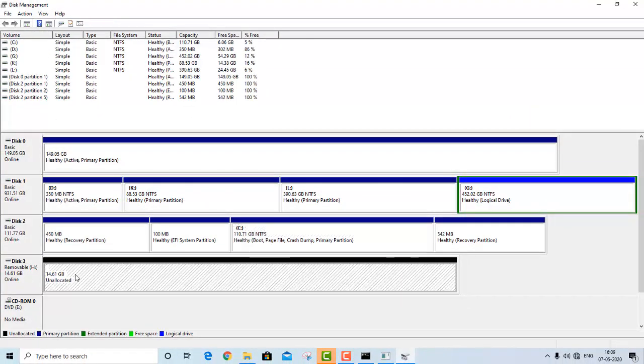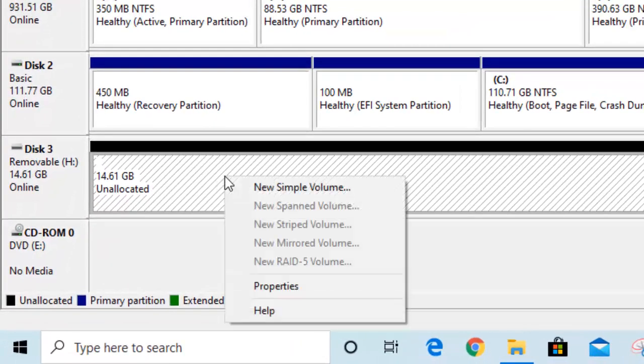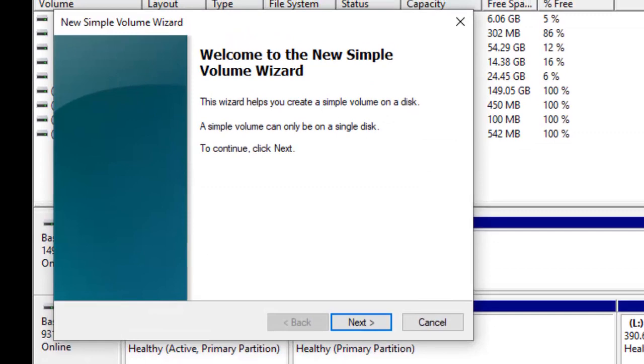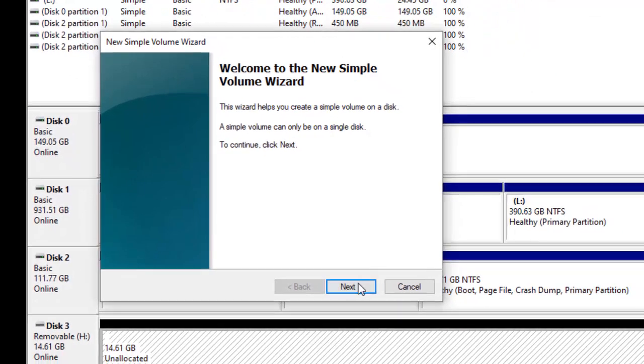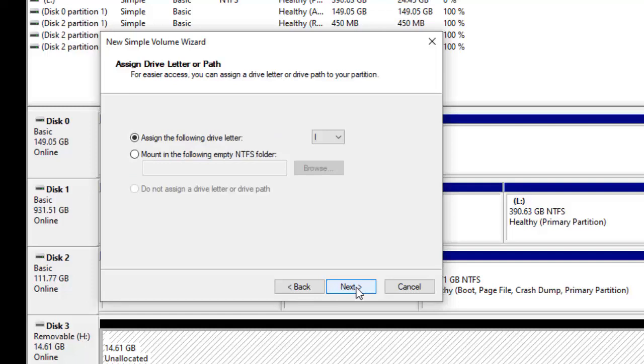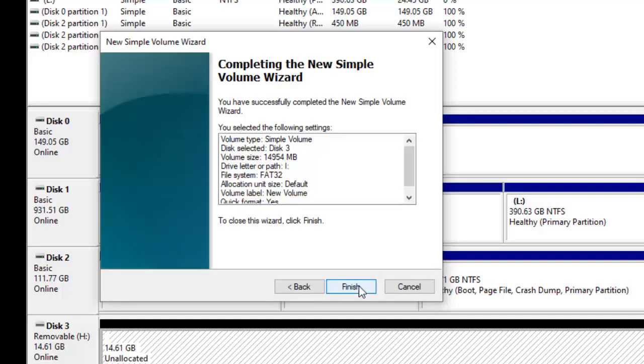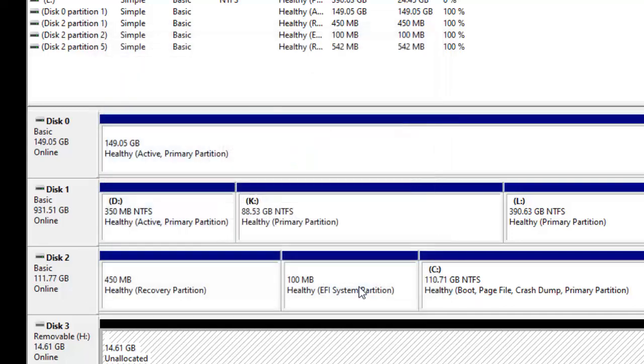You can see this disk 3 which is unallocated. So just create a new simple volume, click next, click next, click next. For file system, select FAT32 because it's a flash drive, then click next and then click finish.